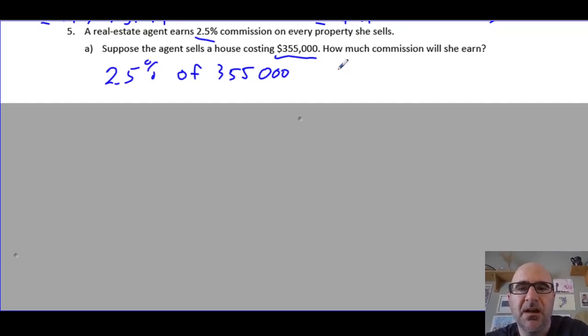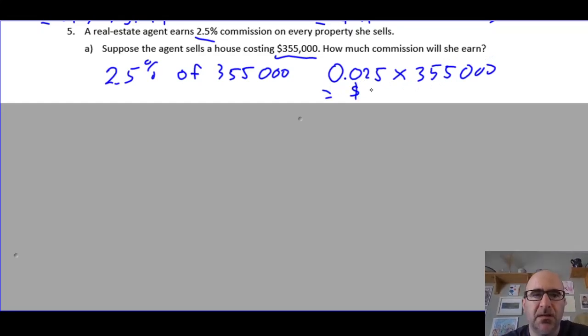So we calculate that by taking 0.025, okay, 2.5% per 100, so I just divide by 100, and multiply by $355,000 will give you the answer to this question, which is $8,875